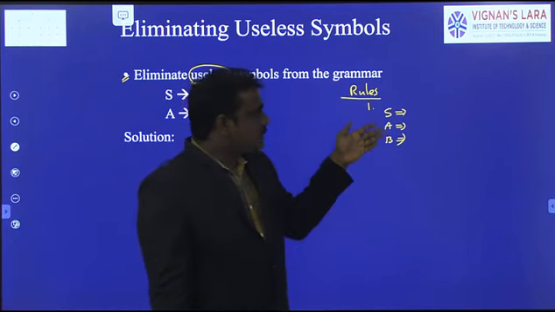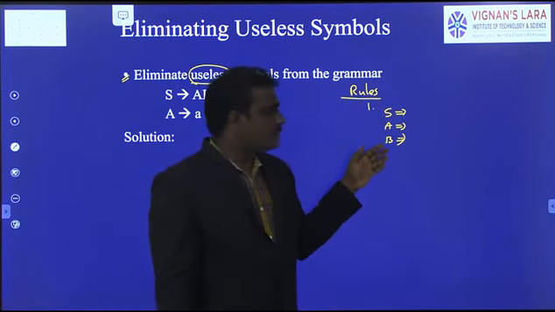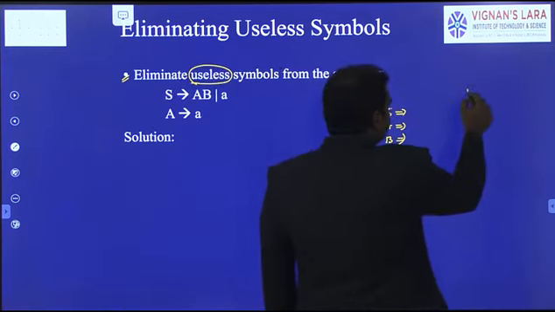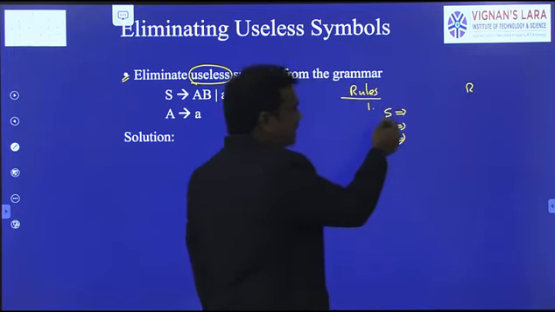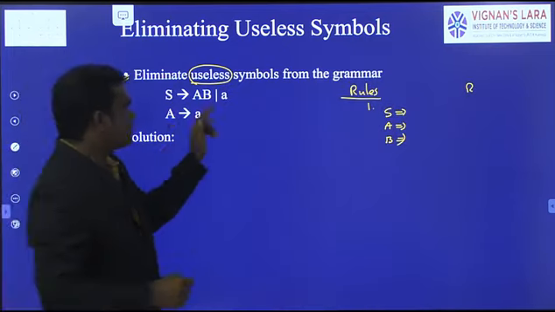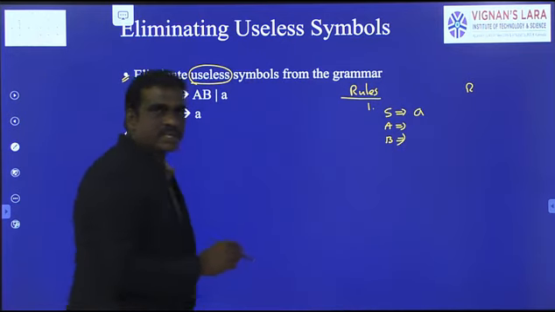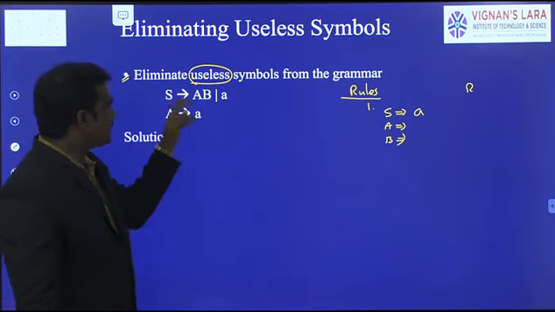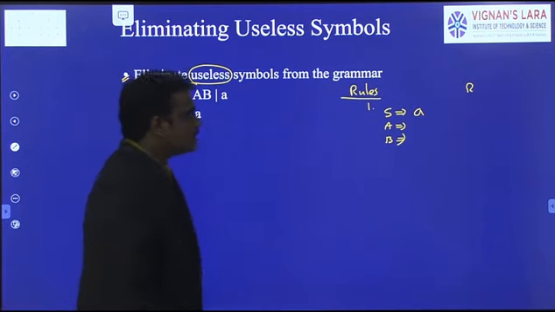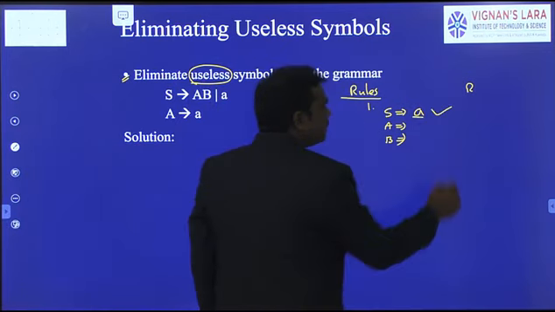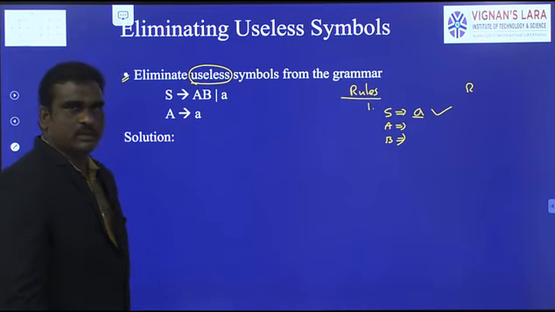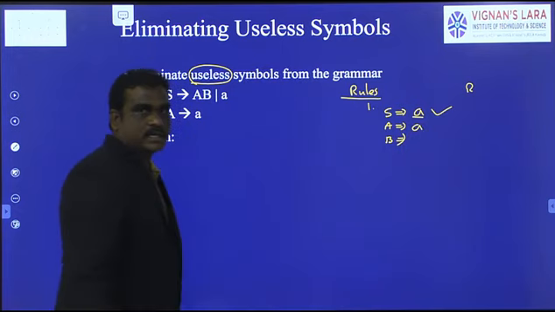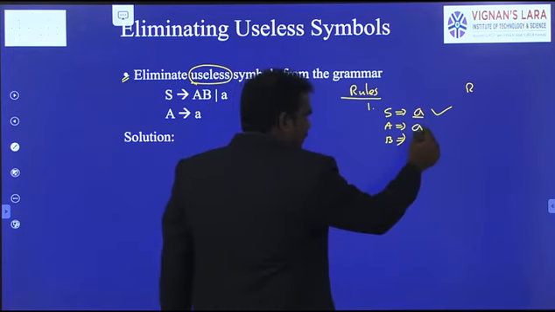Same way, rule 1 is that each and every non-terminal symbol derives a string of terminals. That is rule 1, and what is rule 2? Okay, first we will start with rule 1. S derives a. Our intention is deriving a string of terminals. So a direct option is there. S derives a, so S is a useful symbol. Next, A derives a, so A is also a useful symbol.